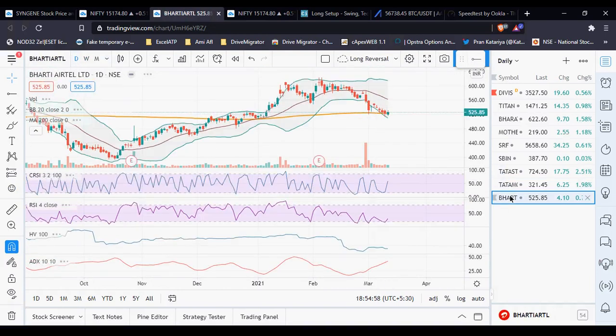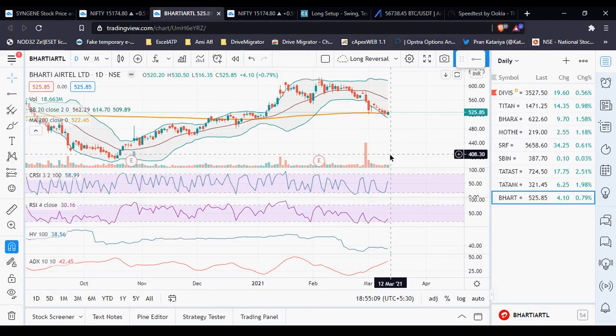Now, one of the members in the group had identified Bharti Airtel, which is the next potential candidate on the move, which might give us an entry for the next week. However, as you can see, the 200 moving average is almost at the borderline, so I am at a 50-50. It's kind of a 50-50 setup for me, so I'll just wait for the candle to close above the 200 moving average, and I might be able to initiate a buy setup. So this is the only drawback for me for Bharti Airtel.